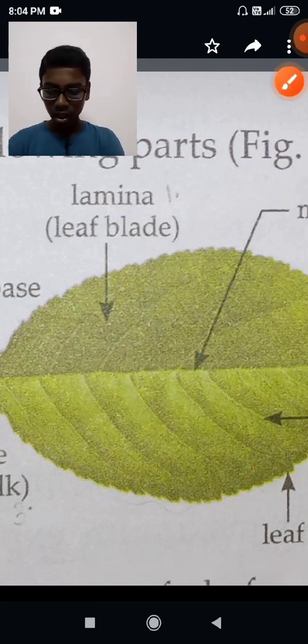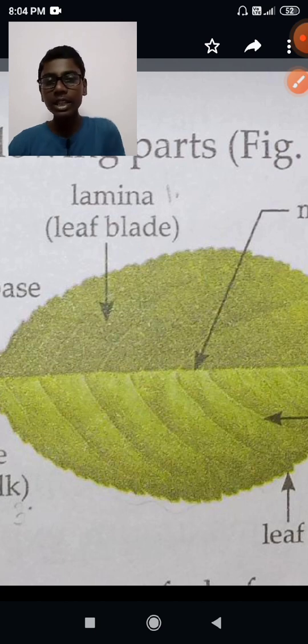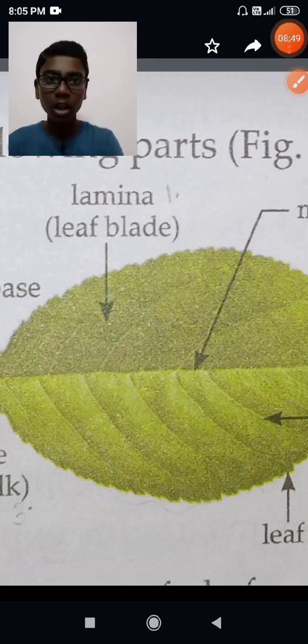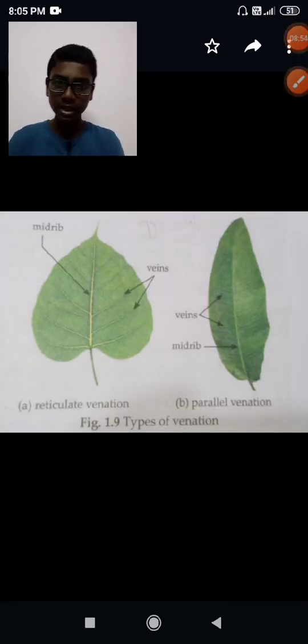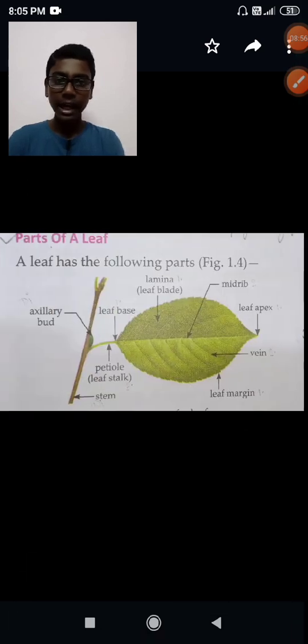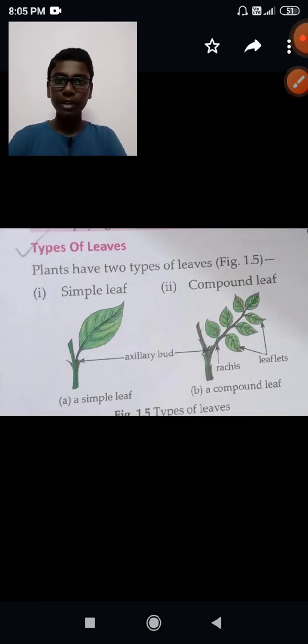Now what is the function of the veins? The veins give support to the leaf. I repeat, veins give support to the leaf. If a question comes that who supports the leaf, then we will tell that the veins support the leaf. Now we have completed the parts of the leaf, and now we are going to know about